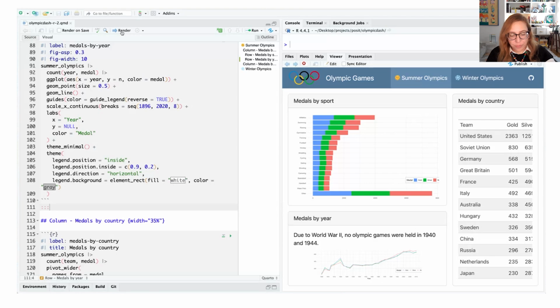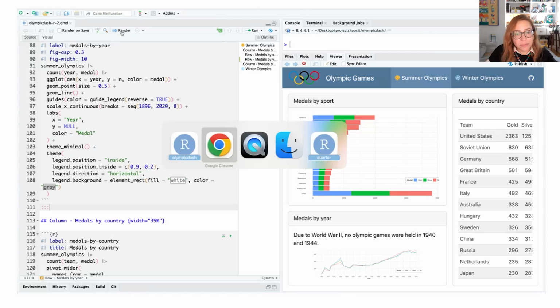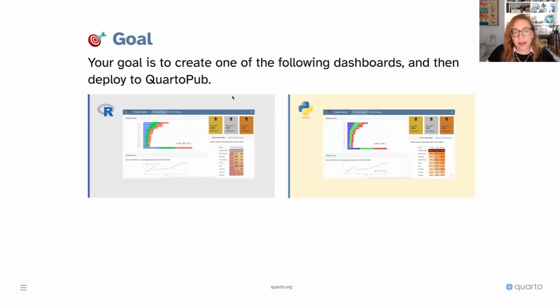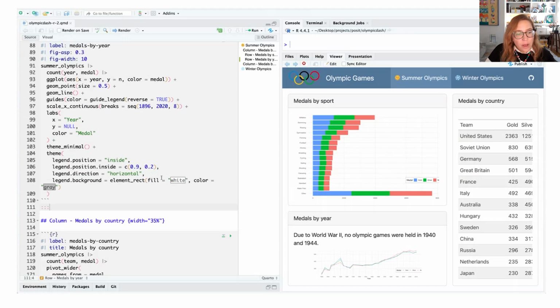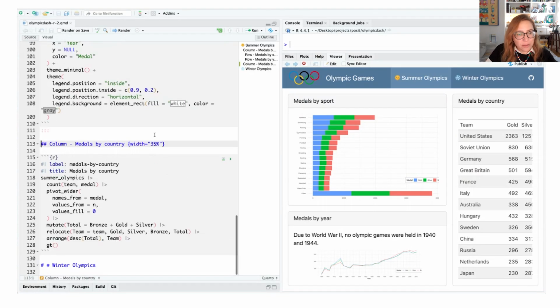All right, what do we want to do next? The next thing we want to do is move on to our second column. So let's take a look here in our second column. We have two types of content, some value boxes and then a table as well. And then that table has tab sets in it. So let's first do the separating. We're going to create one row inside of our second column.